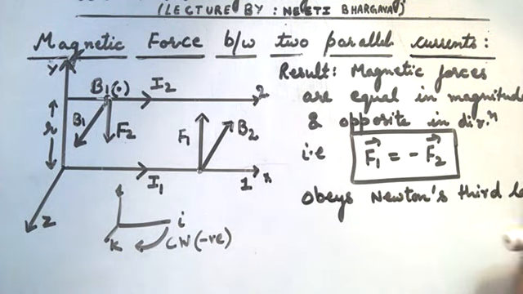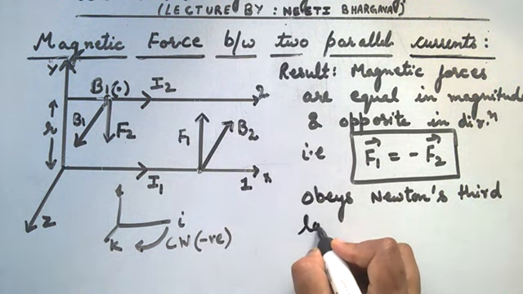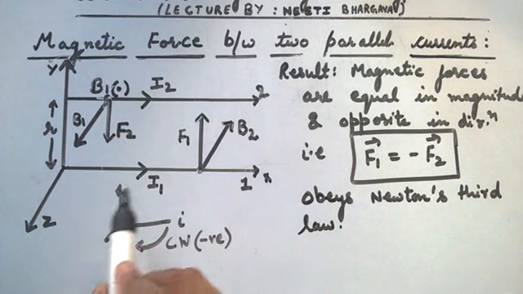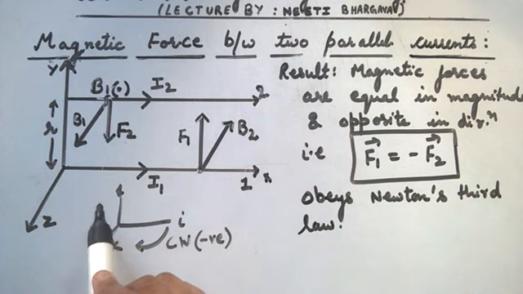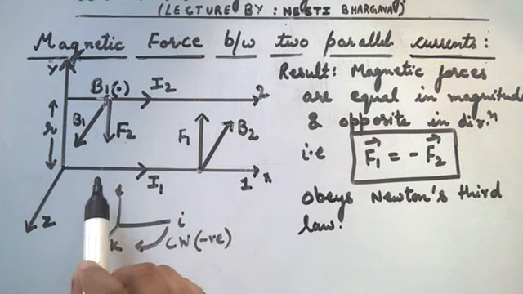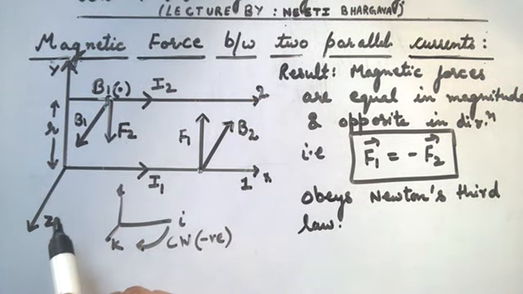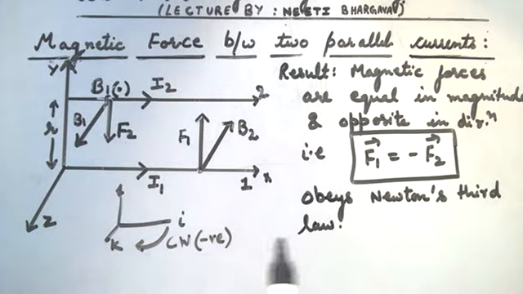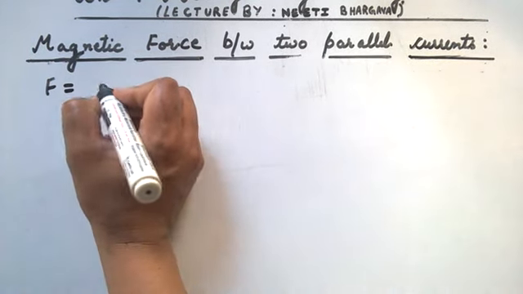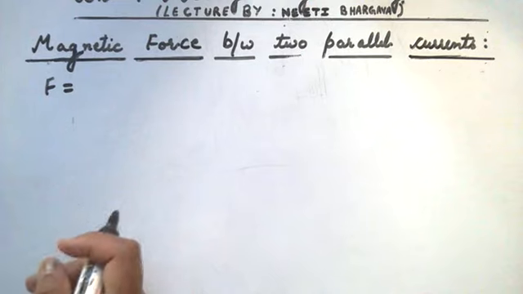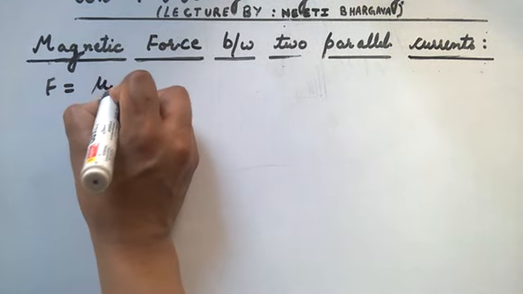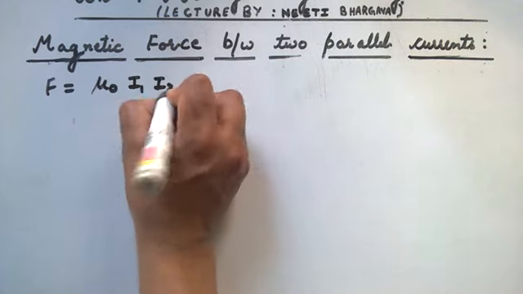We also conclude that parallel currents attract each other and anti-parallel currents repel each other, which is opposite to what we have seen in electrostatics. That is, like charges repel each other and unlike charges attract each other. Now by magnitude of force, we can define 1 ampere, the SI unit of current, as F equivalent to mu naught I1 I2 upon 2 pi r